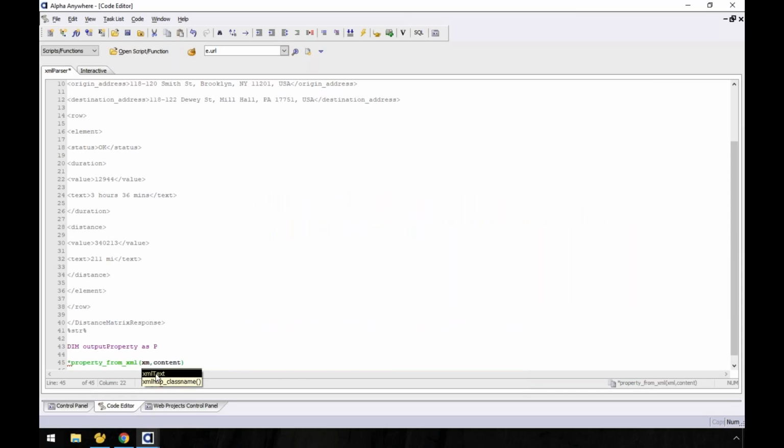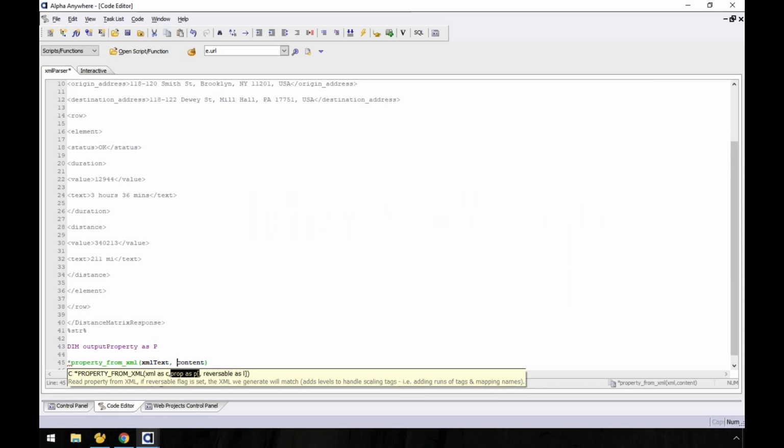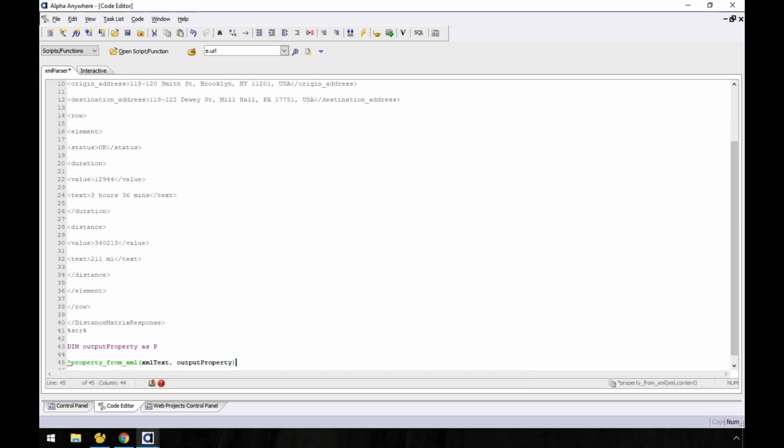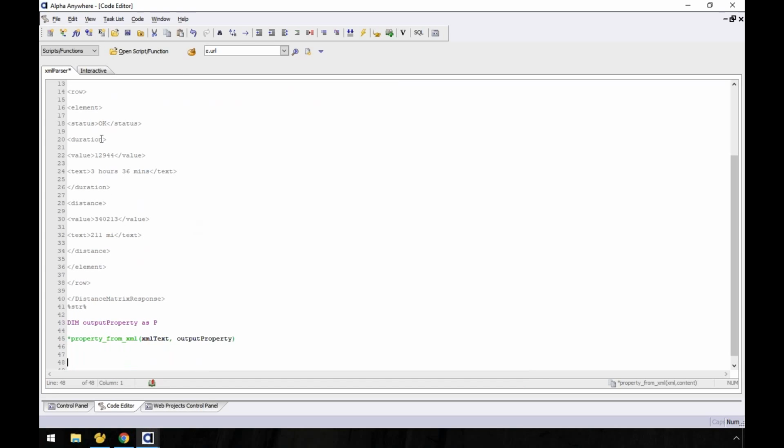So that's my XML text that I created. And then the second thing it's looking for is where I'm going to put it, which is in my output property. So what's going to happen is that I'm taking this text and giving it to this function. It's going to take the text and give me back what's called a property array. And then I'm just going to do this test is equal to test plus 1 and debug. Now, the next thing I'm going to do, just so we can check how this works, and actually, you know what? Let's try this. We'll just go show var output property. Okay, and good.